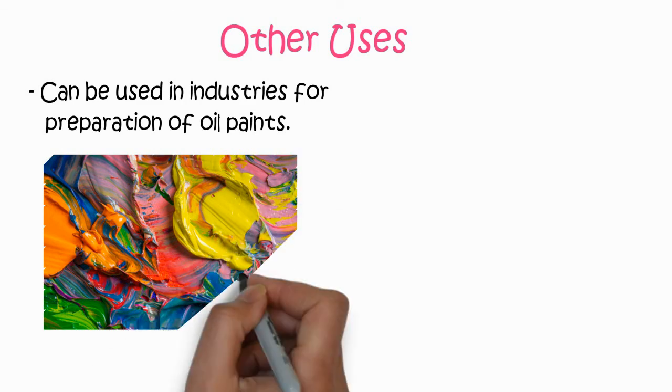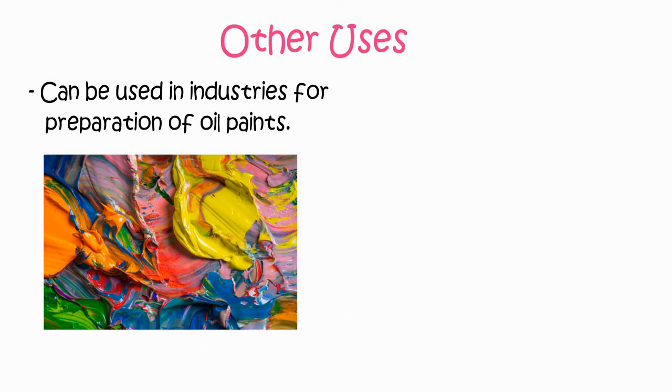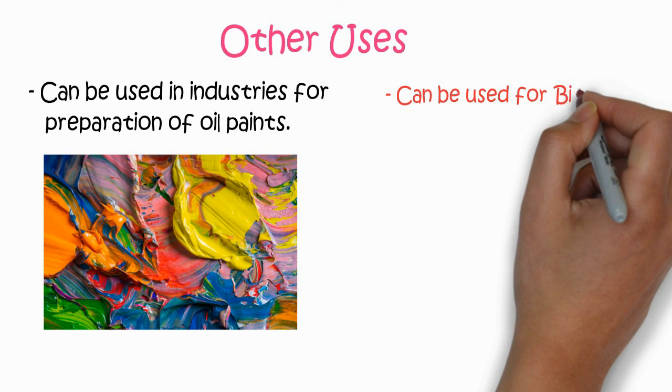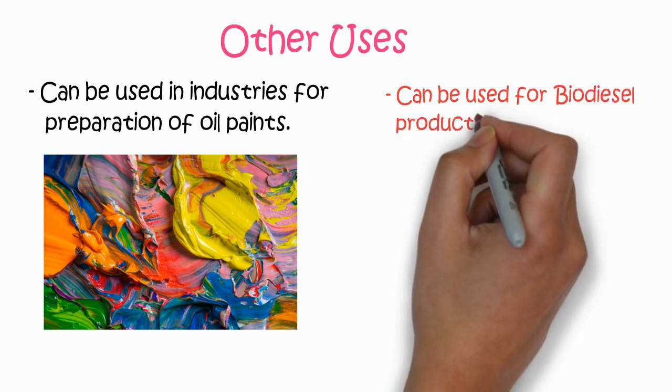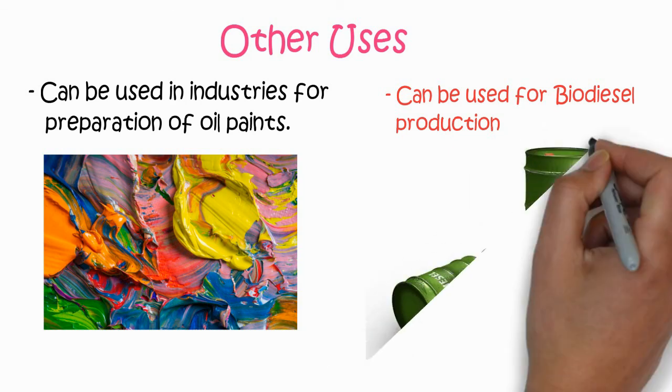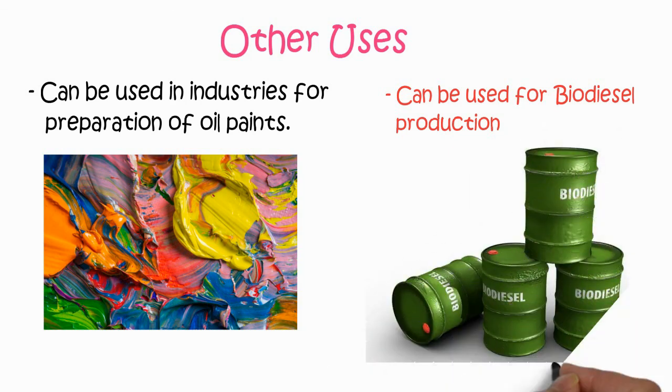The different types of oil paints with different colors include triacylglycerols. They can also be used for the production of biodiesel. Biodiesel is a more environmentally friendly type of diesel,